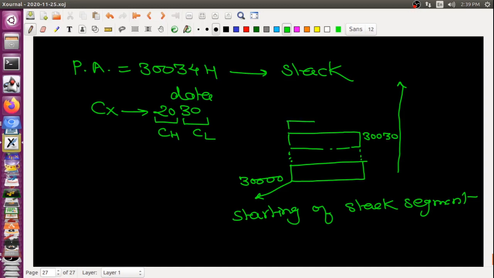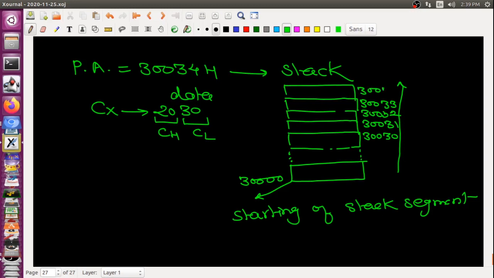Another address is 30031, 30032, 30033, and 30034. For example, it is going like that. So you can think about that, the physical address is coming here.